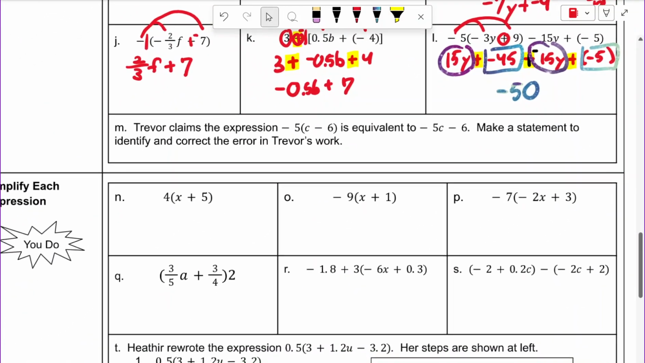And the last one for the we-dos, you've been learning along the way here. It says, Trevor claims the expression negative 5 times c minus 6 is exactly the same as negative 5c minus 6. Make a statement to identify and correct the error in Trevor's work. So if you went here and you left that minus sign because you saw a minus sign in Trevor's work